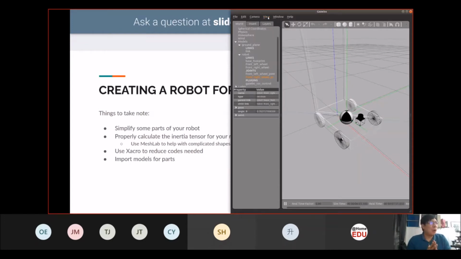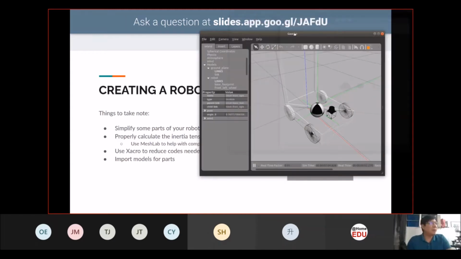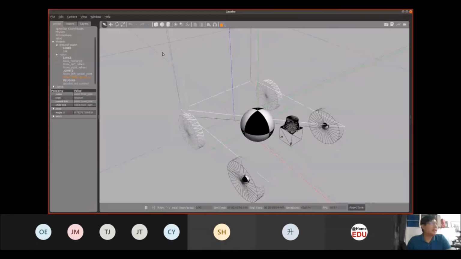So if you're building your own robot for simulation, make sure you get the inertia correct. There is a tool over here in Gazebo that will help you with the view. If you turn on the inertia itself, you can see the inertia of the system that you created.